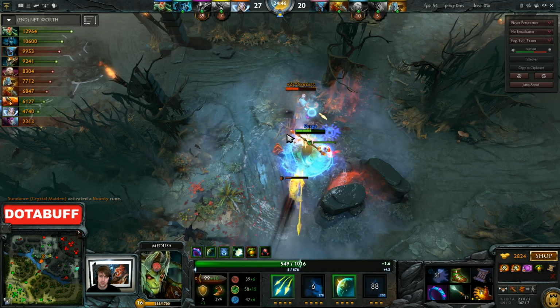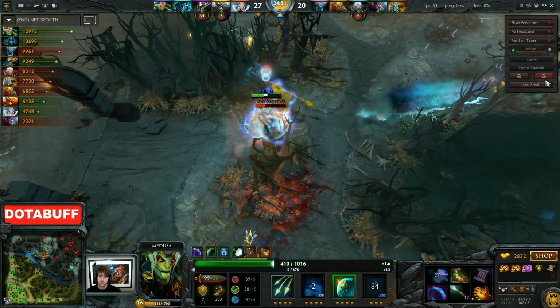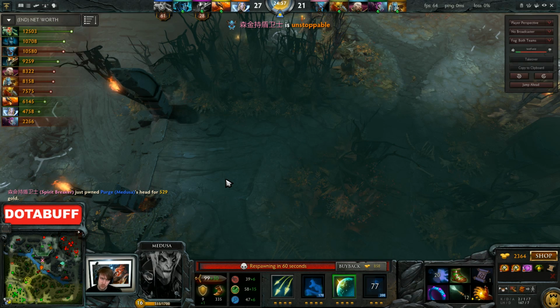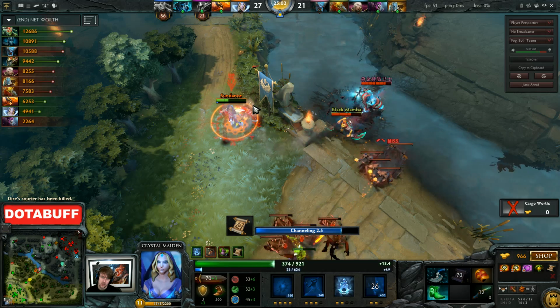Oh, I barely had enough mana for that, actually. I tried to run in front of him for the stun. Unfortunately, I didn't get there in time. I felt like the CM would be with me there. I'm kind of surprised she ran away. She ended up dying on the retreat, but